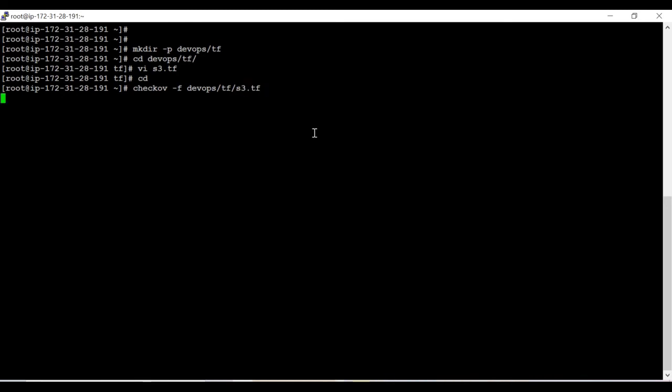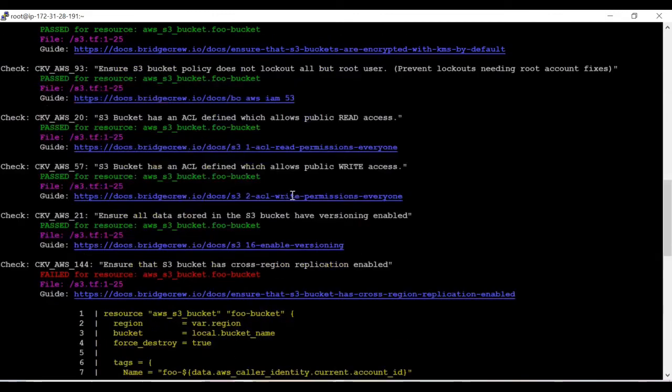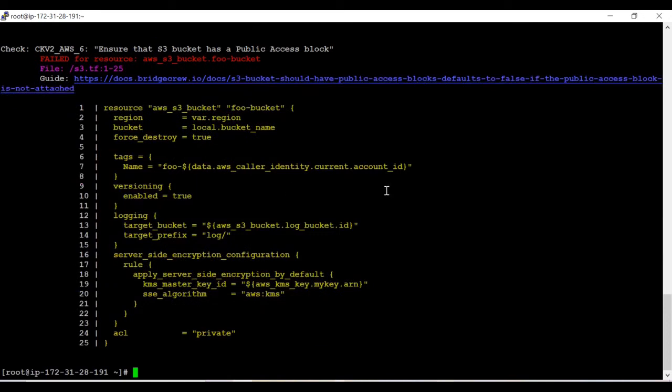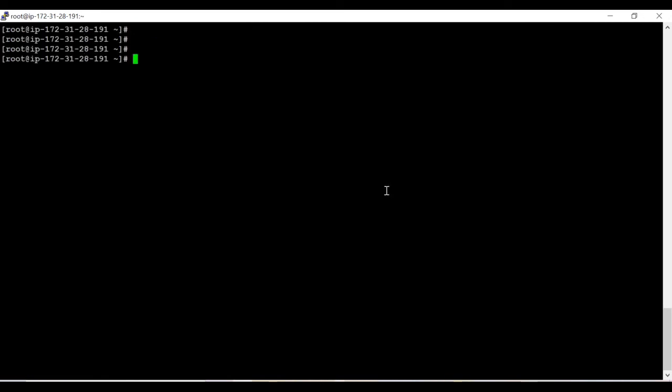In this way, we can scan it, right? It has given the particular result. I will explain everything one by one. I am just showing you how you can do it with a specific file, or if you want to scan the whole directory, you can do it like this.